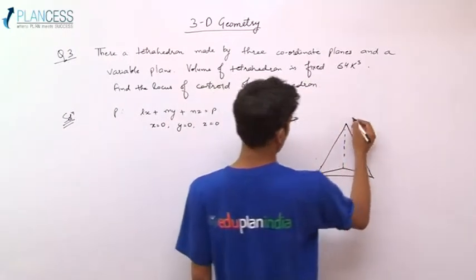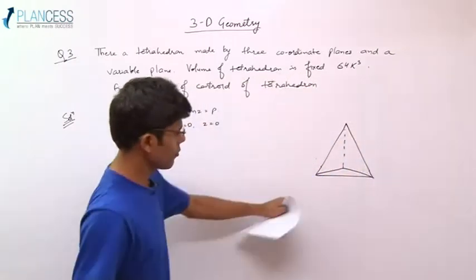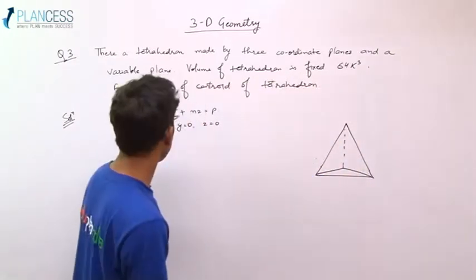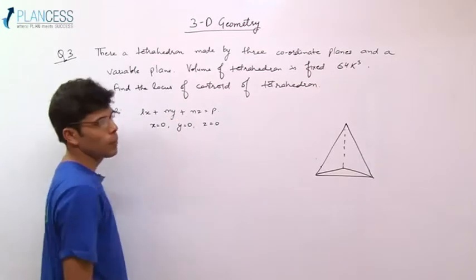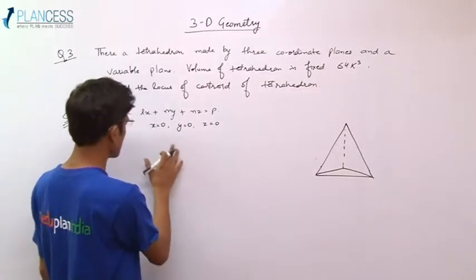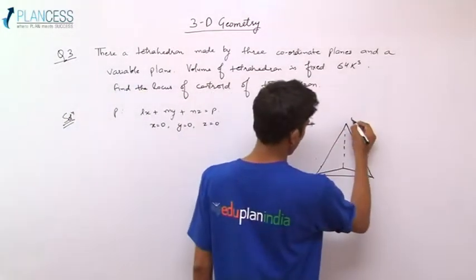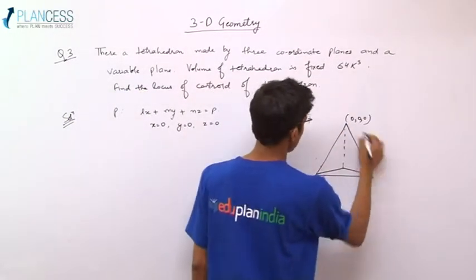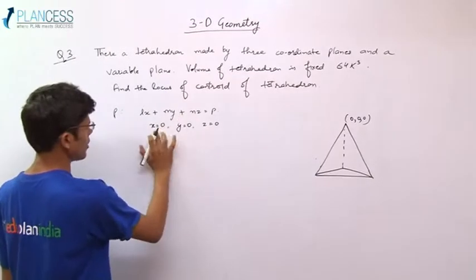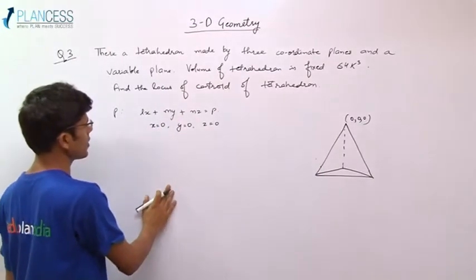So let us find the 4 vertices of this tetrahedron. To find 4 vertices, we will take 3 planes simultaneously. So let us take x equals 0, y equals 0, z equals 0. So one point we get is 0, 0, 0. Now let us take this plane and these two planes. So one point we get is